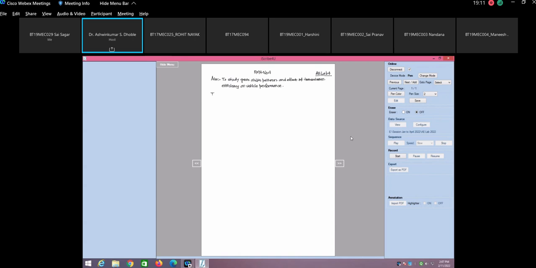So what is the theory related to this experiment is the gear shift speed has effect on vehicle performance